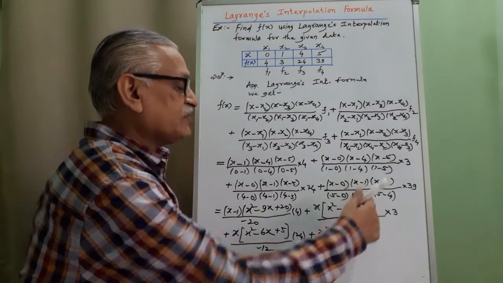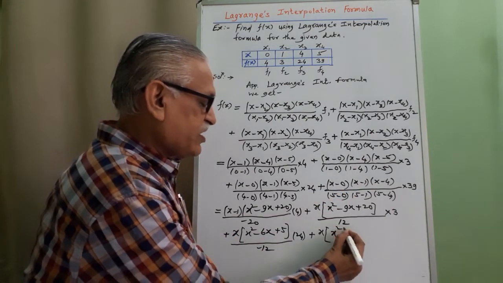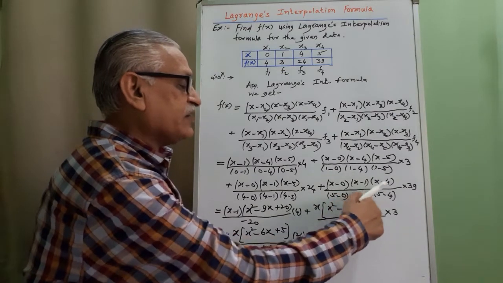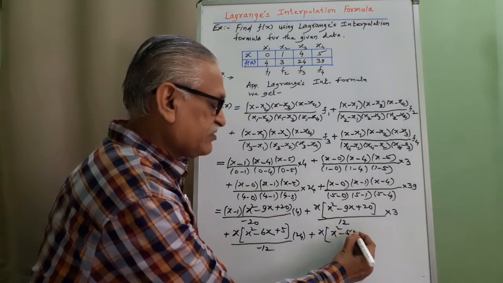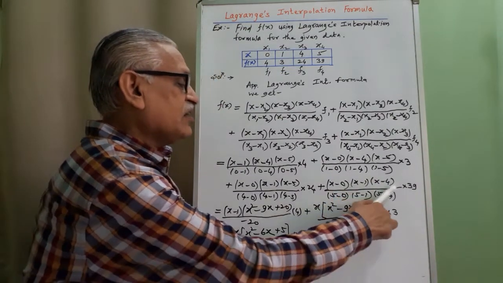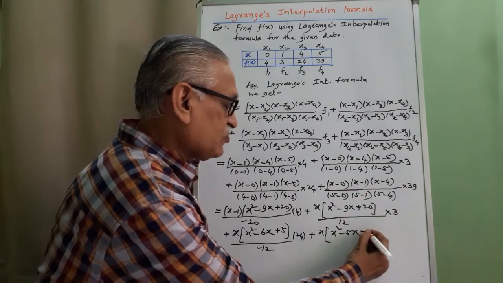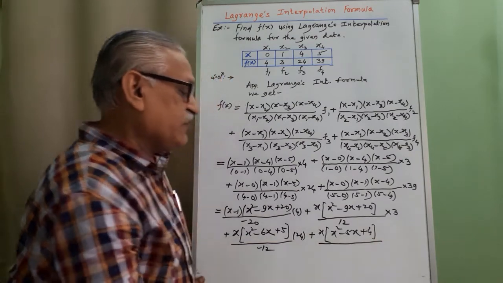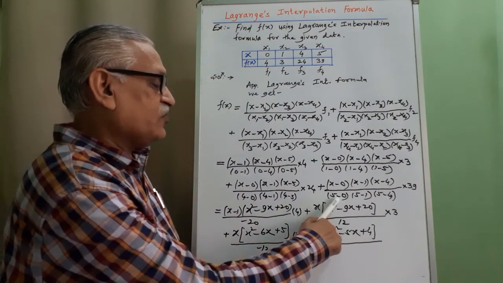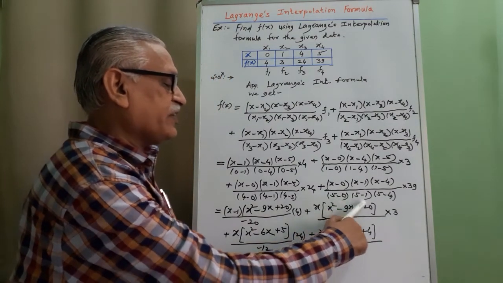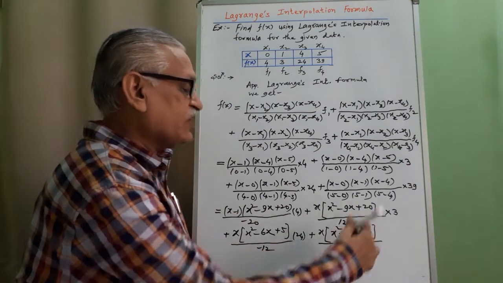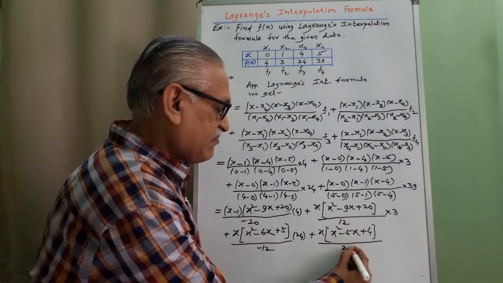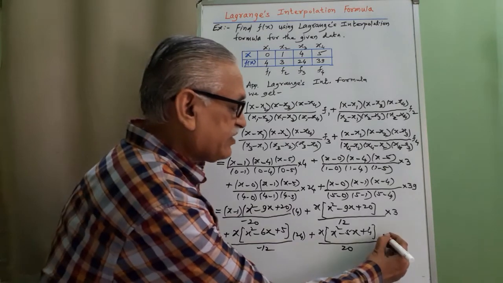Next, lastly, that product is plus x minus 0 we get x. Product of these two terms, x into x we get x square, minus x minus 4x minus 5x, 4 ones are 4 plus 4, divided by 5 4s are 20 into 1 we get 20 multiplied by 39,